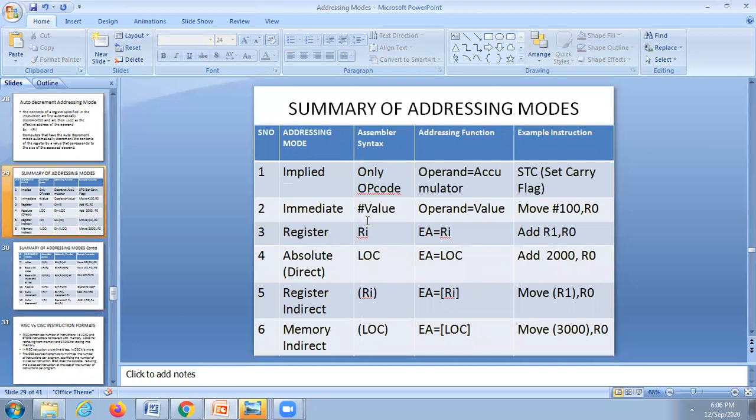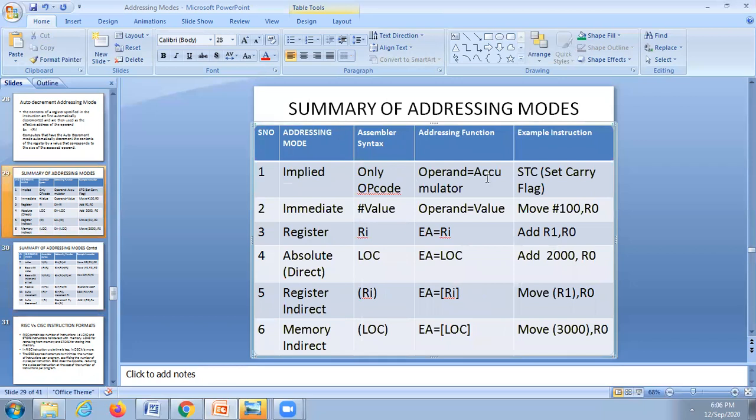The purpose of understanding these addressing modes is knowing how to retrieve the data for doing operations. As already explained, the instruction consists of opcode followed by operands.